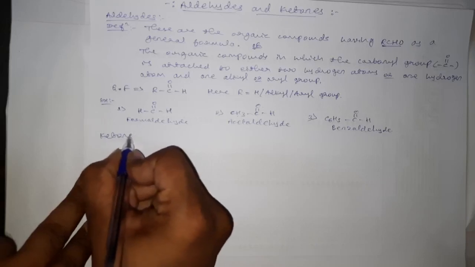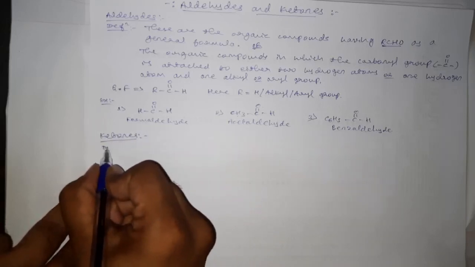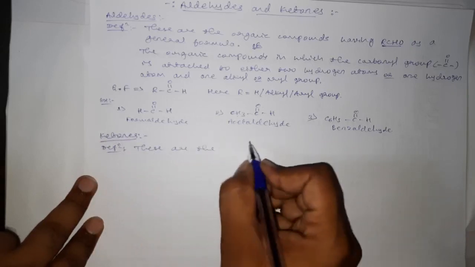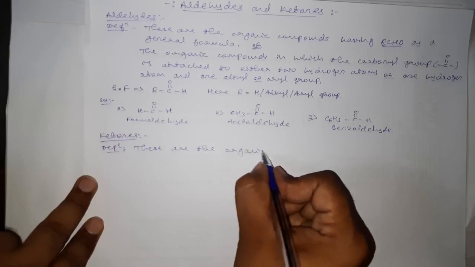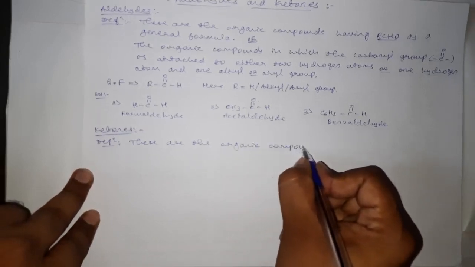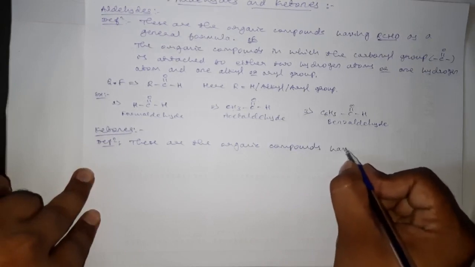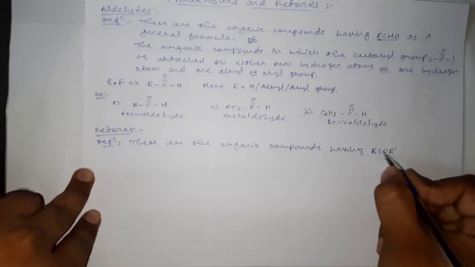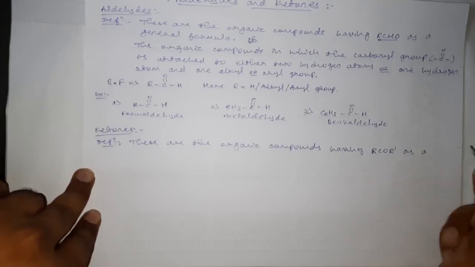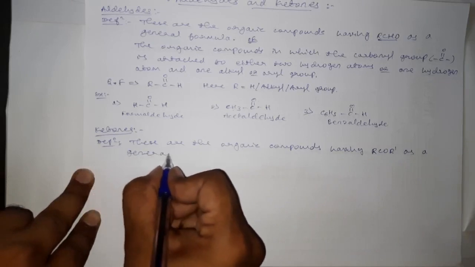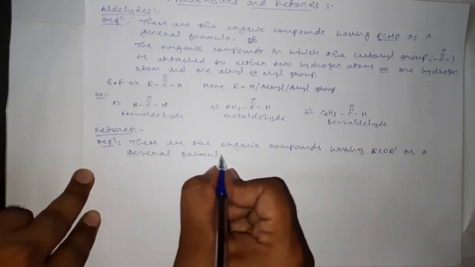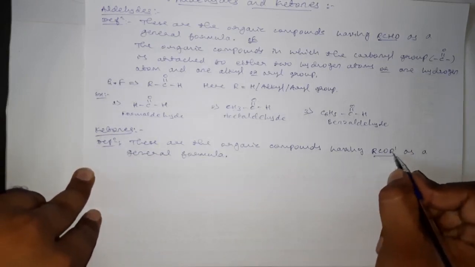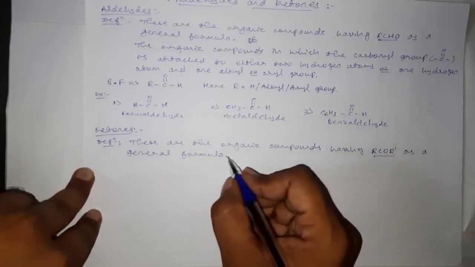Then coming to ketones, we can define ketones as these are the organic compounds having RCOR dash as a general formula. If the organic compounds are having this RCOR dash as their general formula, then those organic compounds